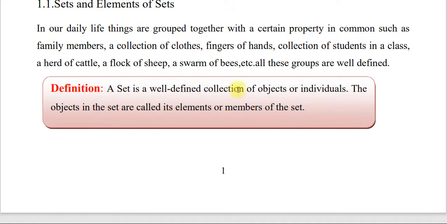Definition: a set is a well-defined collection of objects or individuals. The objects in the set are called elements or members of the set. እንግዲህ ሴት ማለት ነው a well-defined collection of objects or individuals. እንግዲህ የሆነ ኦብጀክት ወይም የሆነ ቃል ሊሆን ይችላል well-defined ስብስብ ነው። ያ ማለት በቅጡ የተሰበሰበ ማለት ነው። በውል የታወቀ ስብስብ ማለት ለምሳሌ fingers of a hand ስንል አንድ እጅ ላይ ምን ያክል ጣት እንዳለ ይታወቃል። ምን ያክል ጣት? 5 ጣት ነው ያለው። ስለዚህ ዌል ዲፋይንድ ነው፣ የታወቀ ማለት ነው። so which is called a set እንለዋለን ማለት ነው። ስለዚህ እነዚህ ኦብጀክቶች ለምሳሌ እጃችን ላይ ያሉ ጣቶችን ብንወስድ እነዚህ ጣቶች እያንዳንዱ ጣቶች ምን ይባላሉ? ሜምበር ይባላሉ or element ይባላሉ ማለት ነው። የስብስቡ አባል እንደማለት ነው።